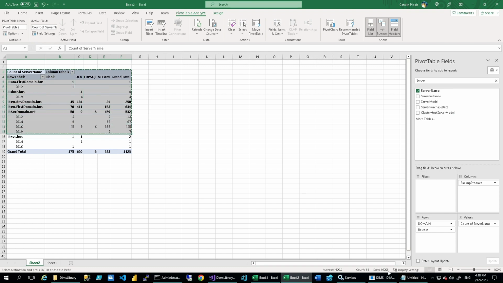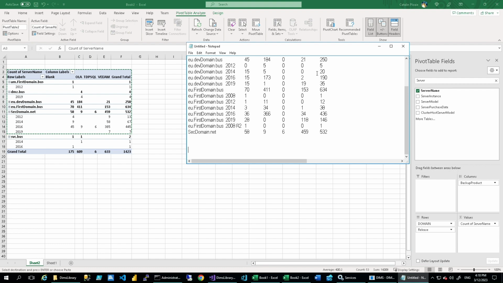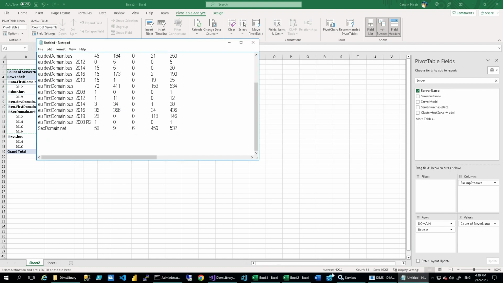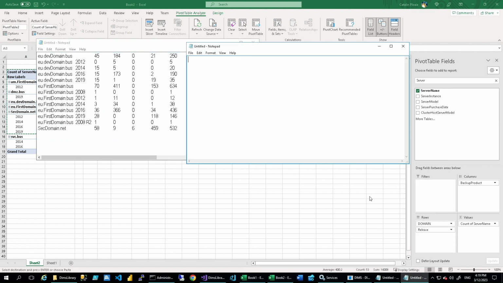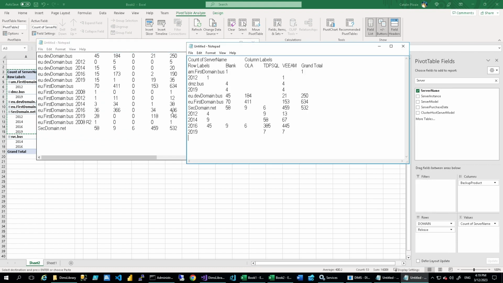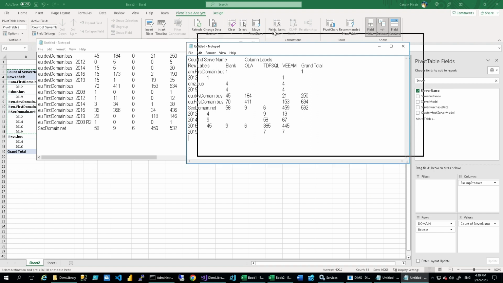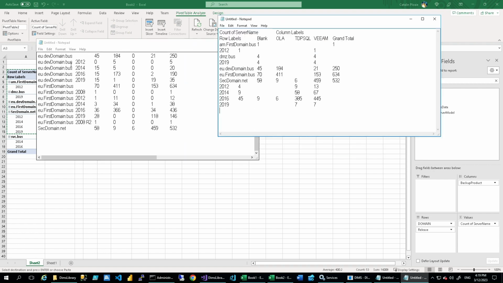Control C. And note that it's a little bit different, but yeah, with a little bit of work, we can duplicate and display it almost